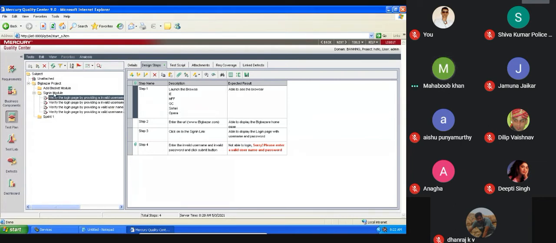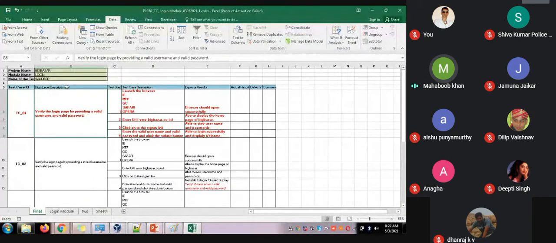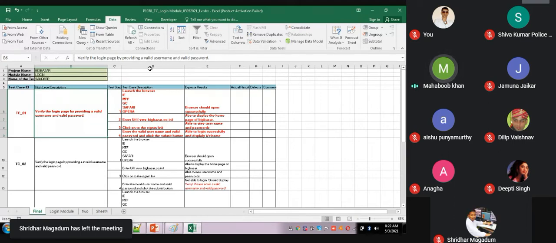Whatever you are giving, the tool's add-in will ask you which column you need to refer to for the test scenario. When you give this B column, it will take this scenario. Once you click next, it will ask for the test case description, and it will take it from the D column.